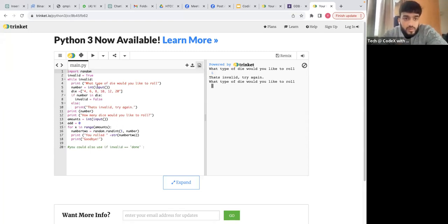So while invalid, I'm not sure why you have a while loop here. Input, okay. If number in die invalid equals false, else that's invalid, try again. So you're checking if